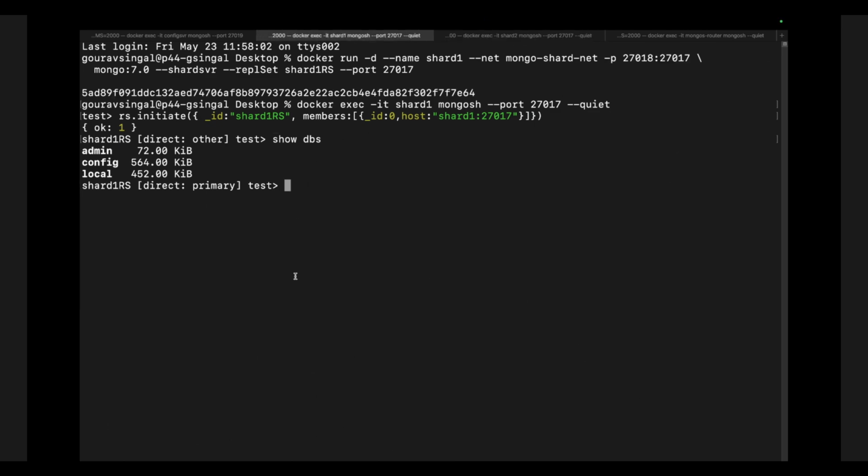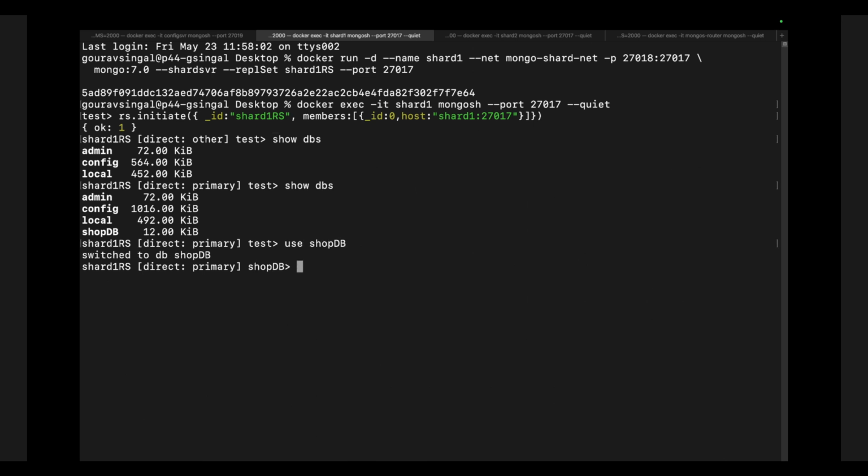If we go to shard 1 and run show dbs, there is the ShopDB database also over here. If we use ShopDB, show collections, db.orders.find, there is nothing.